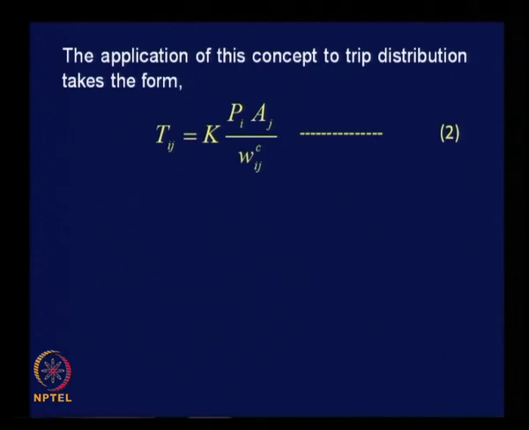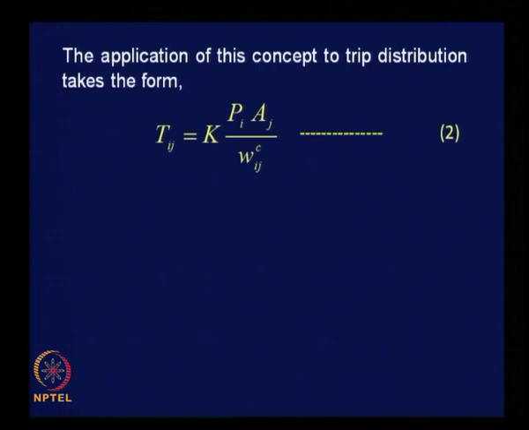We have just generalized the exponent part. Instead of 2, we are just giving a notation c. So, m1 and m2 are represented as simply Pi and Aj,